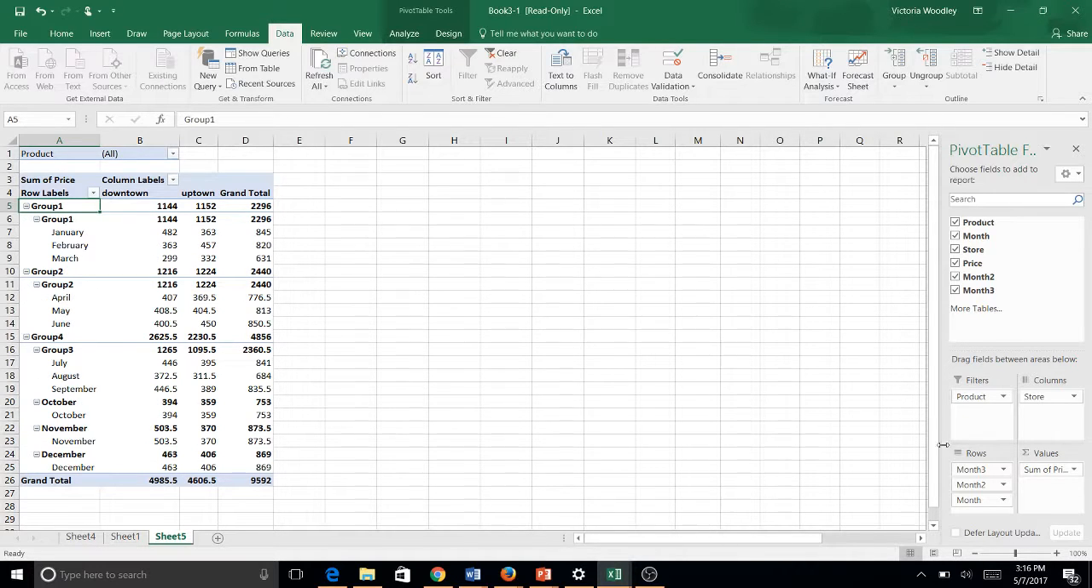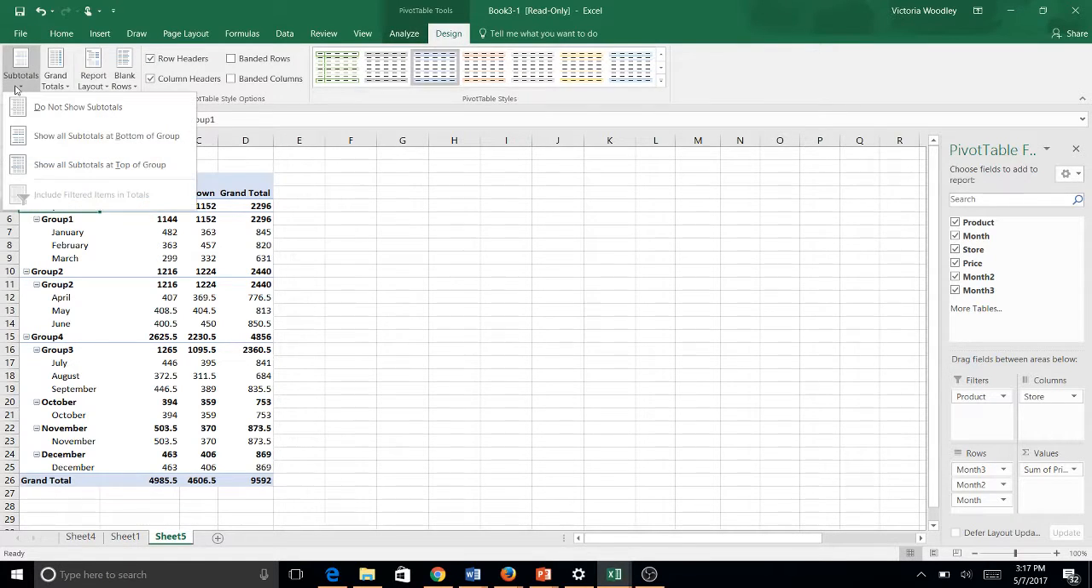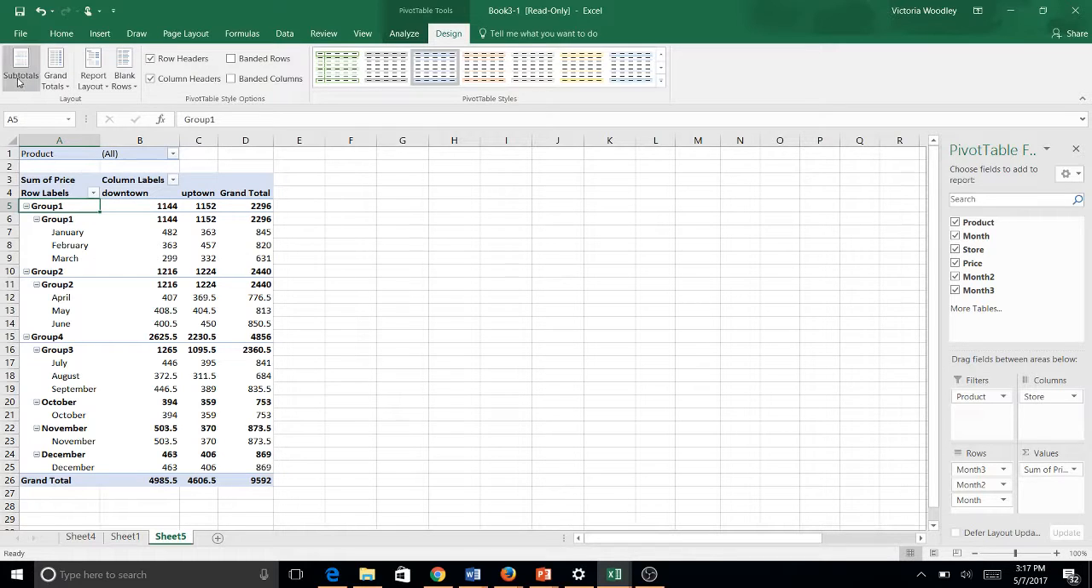You can also see the subtotals for each group. You can go into analyze, design, and you can go into subtotals. You can show the subtotals for the top of the group, or you can look at the subtotals for each group, or you can look at your grand totals for, let's say I want to look at the grand totals for my rows. They'll give me the grand total for each group,